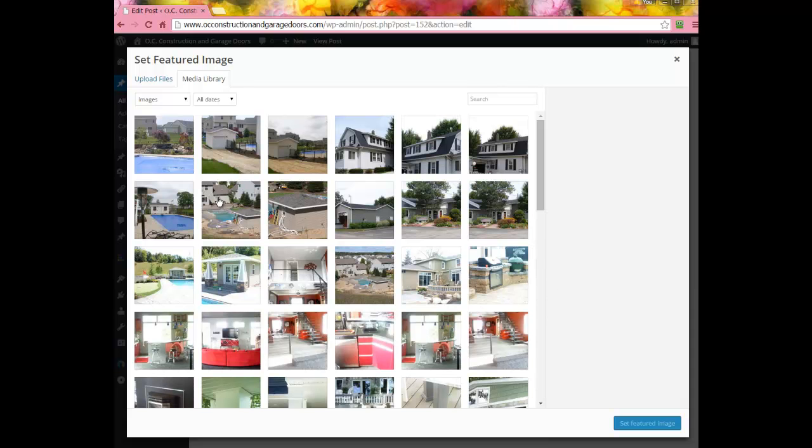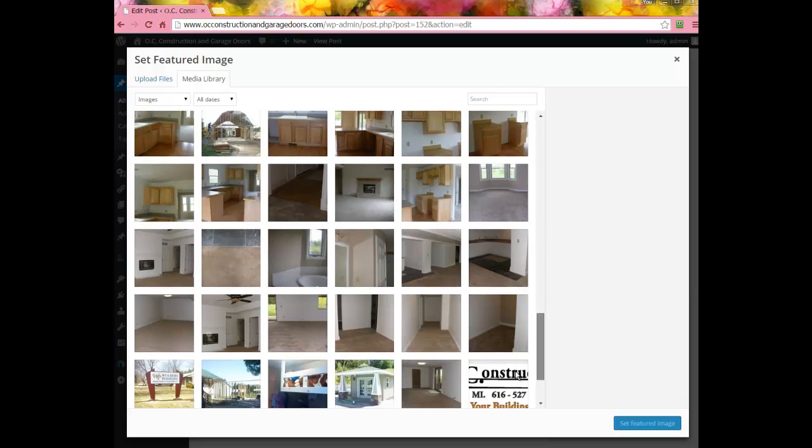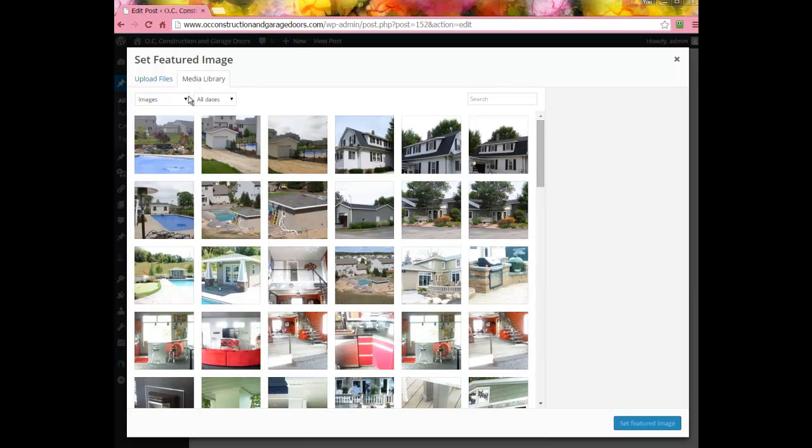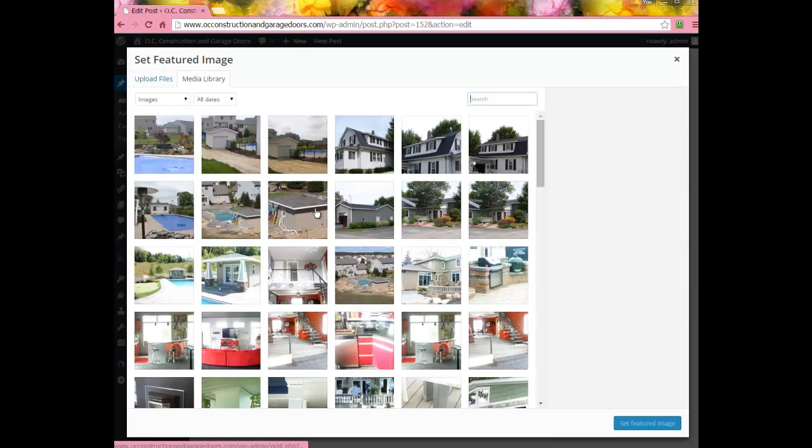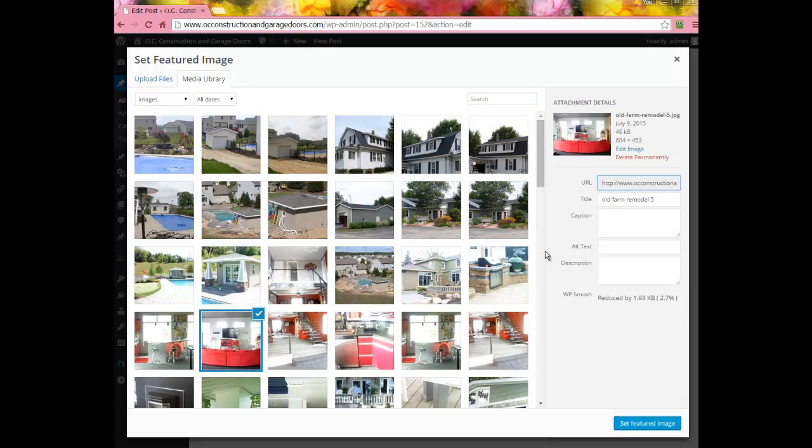So when you click featured image, the image library that hopefully you already have built for you shows up, and you can choose any image. You can alternately, if you have something new, just choose a file. You can drag and drop from another folder or click here to select files and browse. I'm going to go ahead and choose this really awesome couch picture. Now over here you have the title of it, which is fine, and then you need alt text. So I want to say living room with huge red sectional